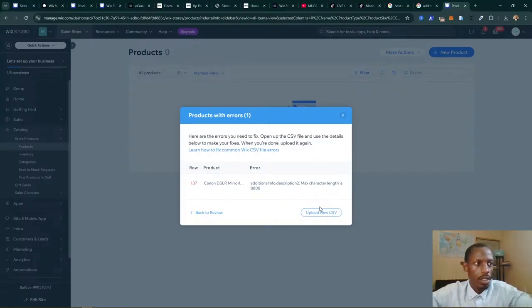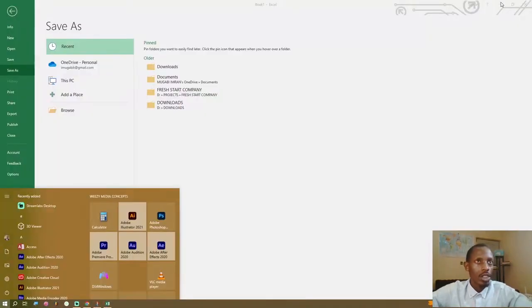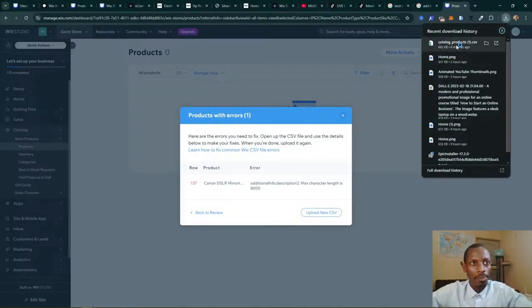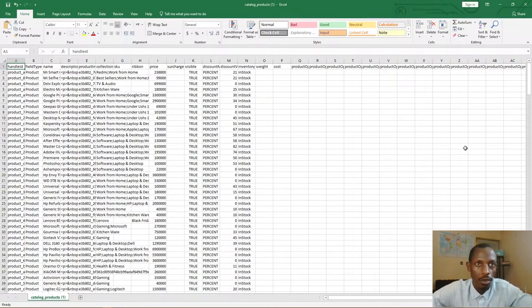Now here's the thing, I think we have to first go back and edit the CSV file before we can upload. So we have to remove this product here. I think it has some errors. Oh, we just need to correct the error and understand what error it is. Let's go back to the downloads here and open it up. Open up this .csv and see what's the error here. The good thing is they have told us the error is on